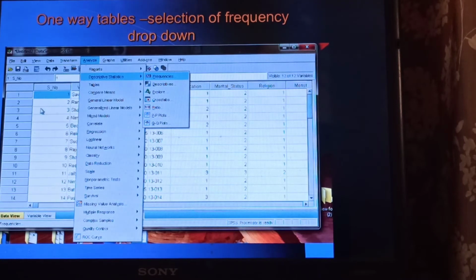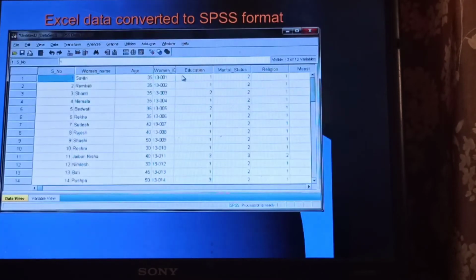Now we go for analysis. I want to perform analysis of one-way tables, whatever I performed manually in the previous video. So here I go to analyze, I go to descriptive statistics, I go for frequencies. So the frequency distribution of cervical clinical sign and menstrual history, that I am going to perform now. After selecting frequencies, I get the frequencies drop down window.